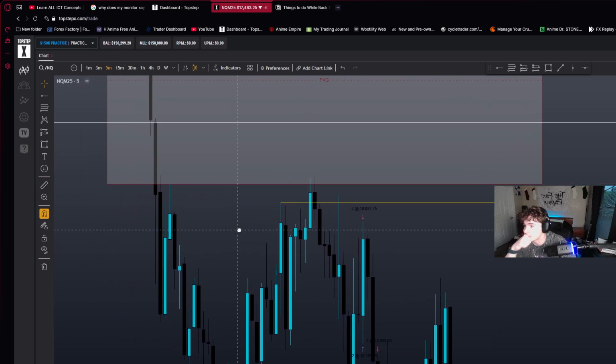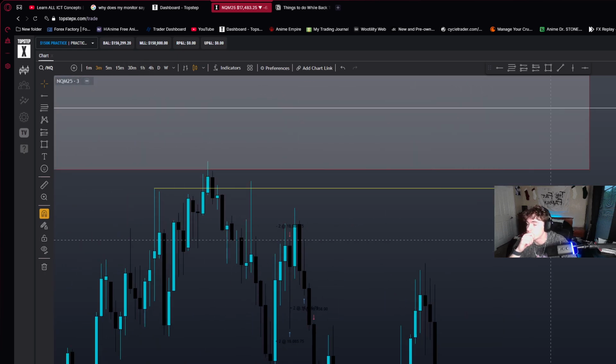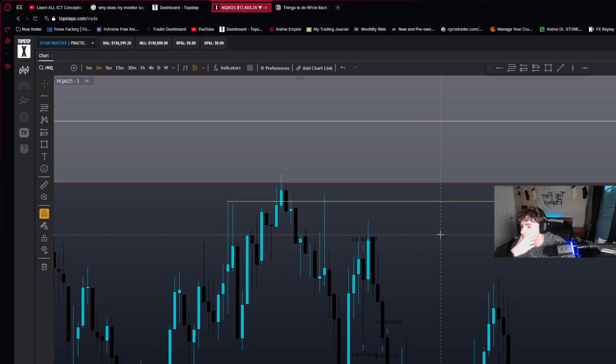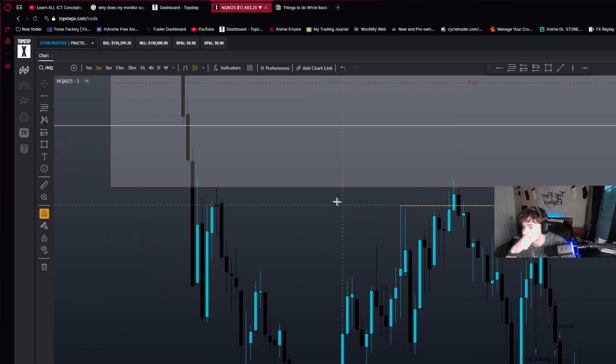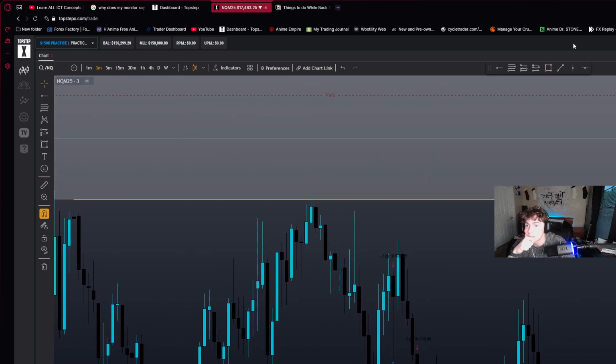Maybe we will go to the 5-minute. I only like the 3-minute. My trade strat consists of entering on the 3-minute. That's what I'll do. So this candle swept liquidity. Let's see what this candle did. This candle also swept liquidity. Look at that. All right, cool. So we can count this as a what?